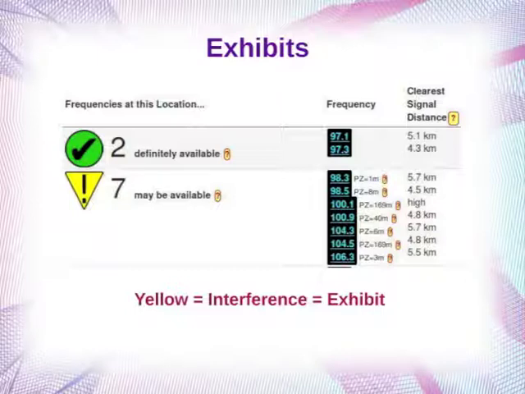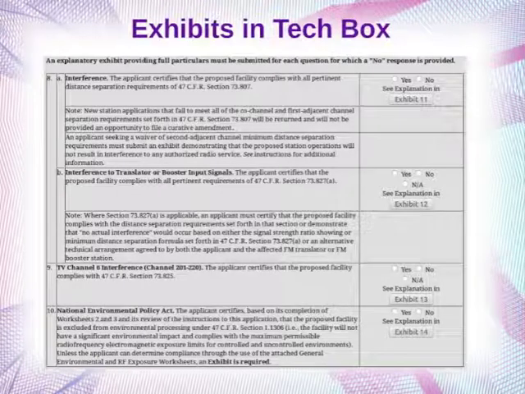Yellow means you're going to need exhibits. Yellow could also mean it's impossible. But generally, there's a lot of things that are yellow where you'll need some exhibits. And we're not going to take a deep look at that. If it's yellow, you're going to need an expert of some kind, an engineer, to help you. And what that means is,